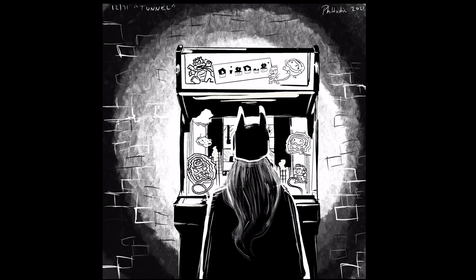So when I thought of tunnel, I thought of the classic 80s video arcade machine Dig Dug. And I thought, that might be a little fun to add in here. So here I have Batgirl, Barbara Gordon, playing a game of Dig Dug. I thought it was well done. I like how it came out. I really like the effect they did on her hair,